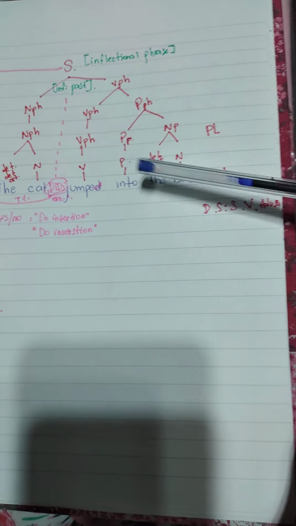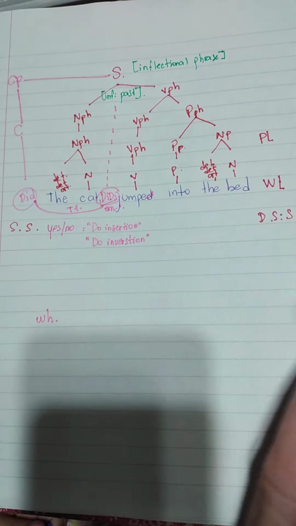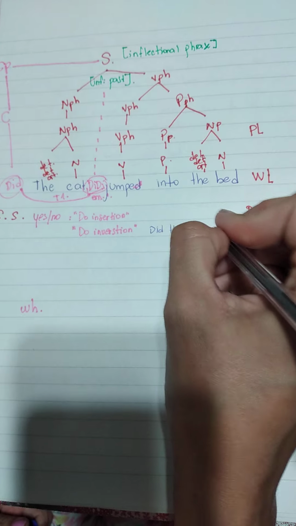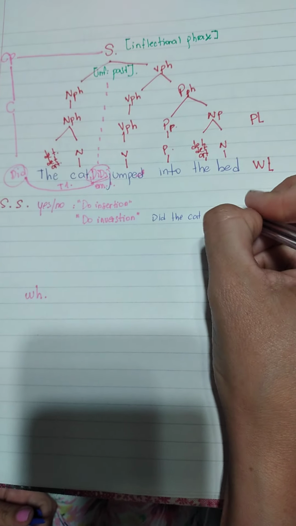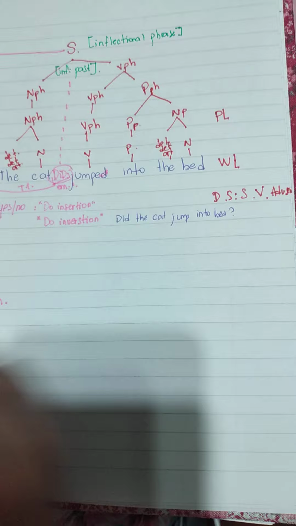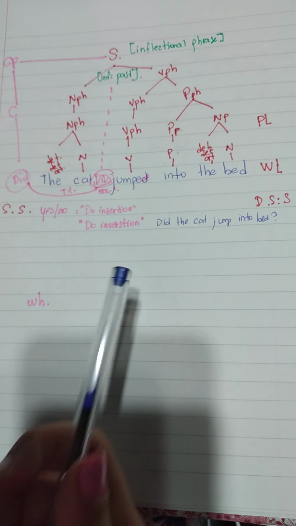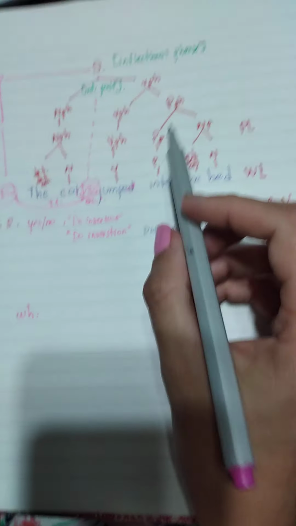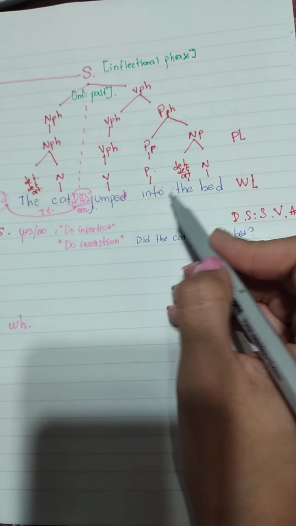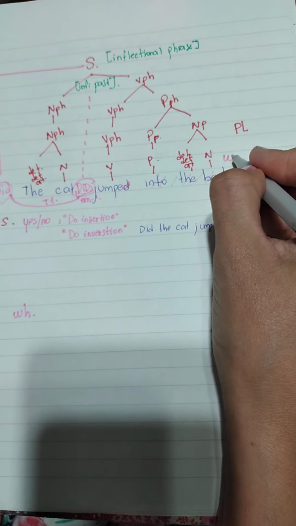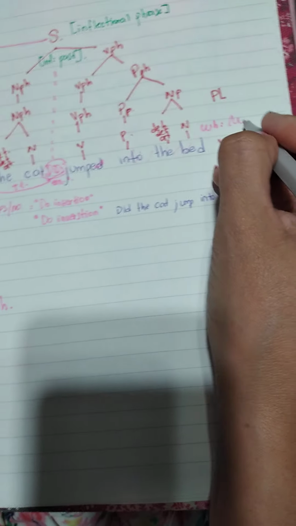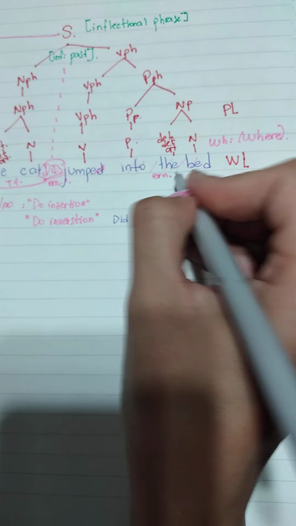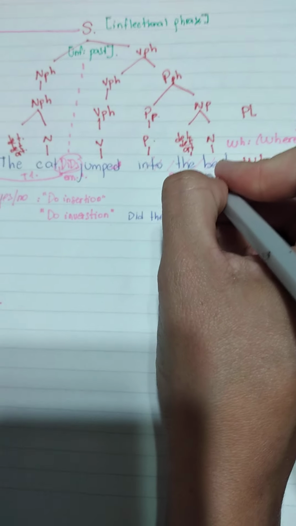So the result of this movement is: did the cat jump into the bed? That is our first movement. In the second movement, we replace the adverb of place with the WH word, which in this case is where. So we have an empty space, number 2 here,